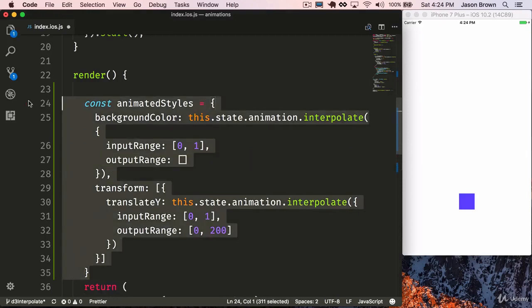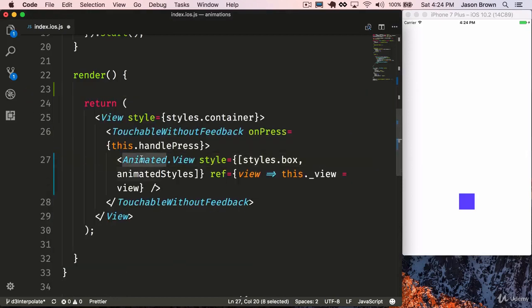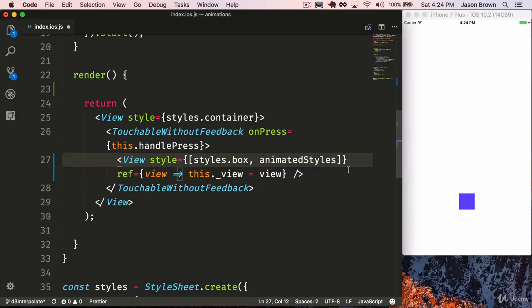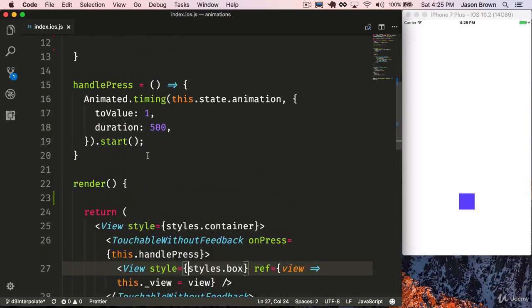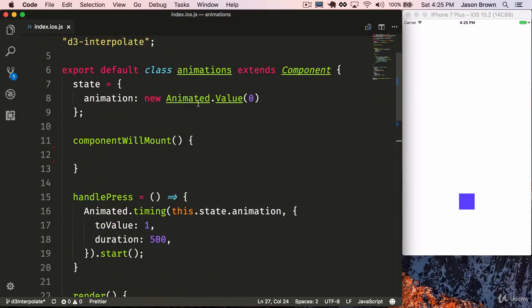And we can delete our animated styles and also change this from a regular Animated.View to a View. And then we can also remove this because we're just going to be passing in a single style of box. And we'll make sure we get a ref of the view so we can call setNativeProps. When we press on our button, we'll call our handlePress and it will trigger an animation from 0 to 1. So why don't we attach a